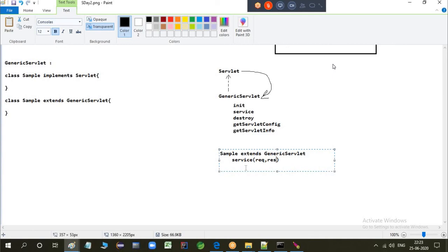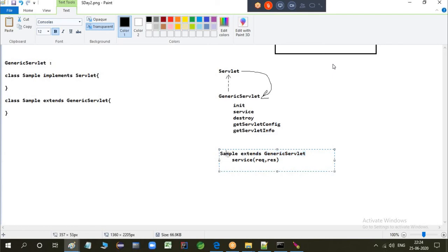When the request goes to the server, the first method executed is the init method, but there is no init method in the Sample class. It will search there, not find it, go to the GenericServlet class and execute the init method from there, because that's a concrete method written by GenericServlet. And they made the service method abstract.